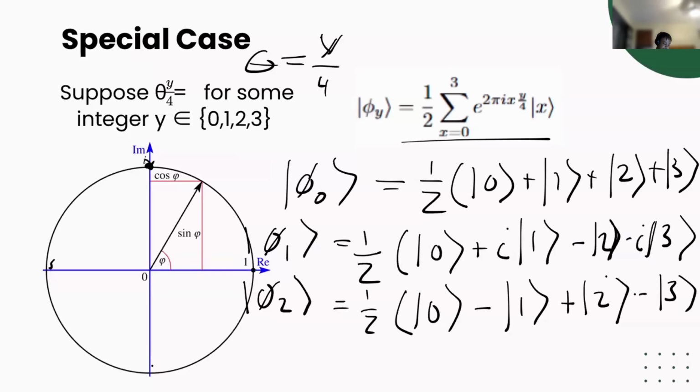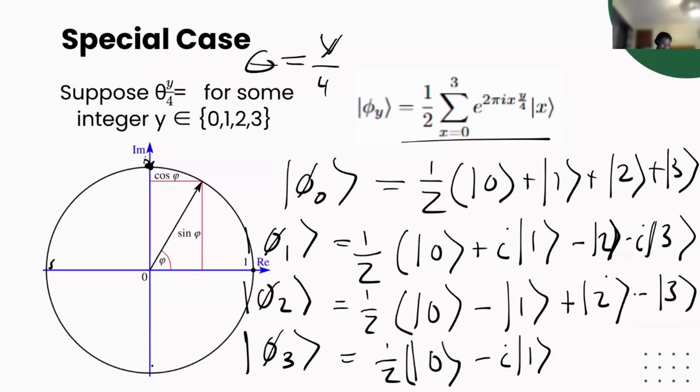So we started with moving a quarter. Now we're moving a half. Now we're going to be moving 3/4, which is in fact the same as just moving backwards by 1 on this unit circle. So we start with 0 state. We get -i1. This will be -2. And this will be +i3. Okay. And so what this is saying is that given that y could be any one of these choices, is there some way for us to distinguish them from one another? So that's kind of the key question that we have here.